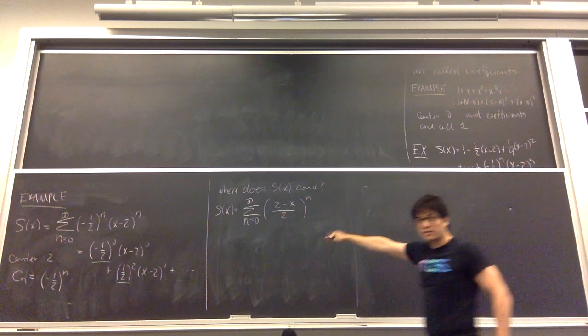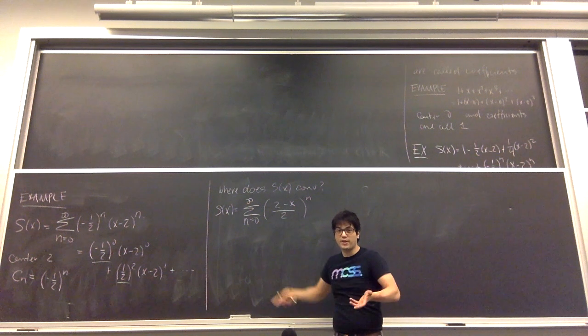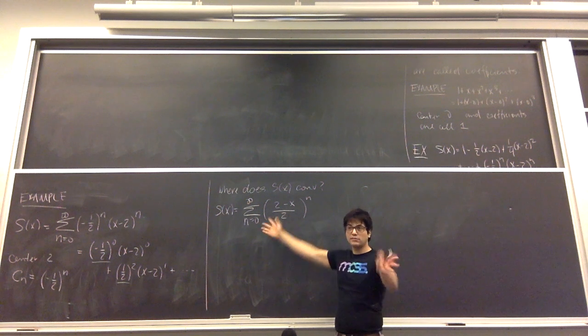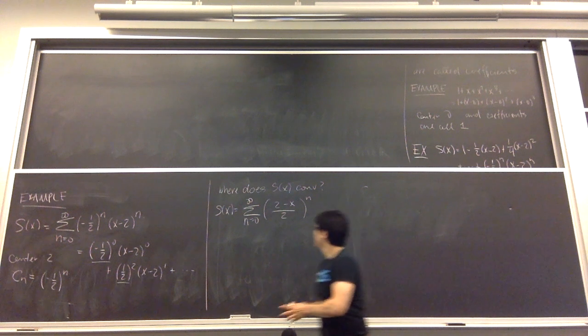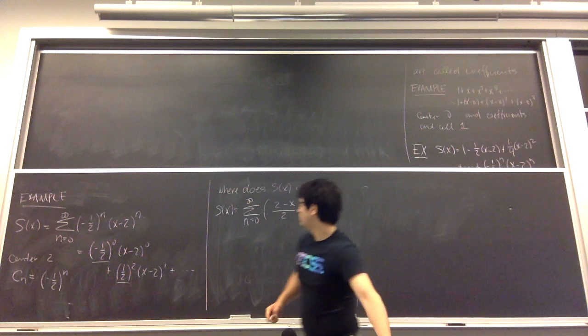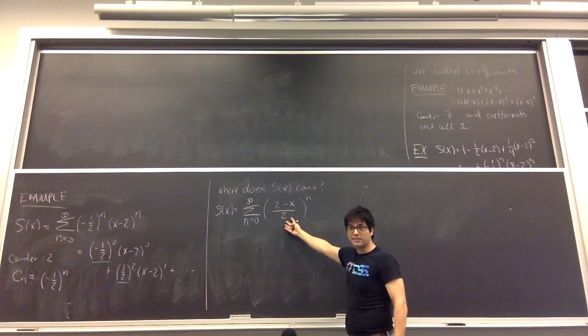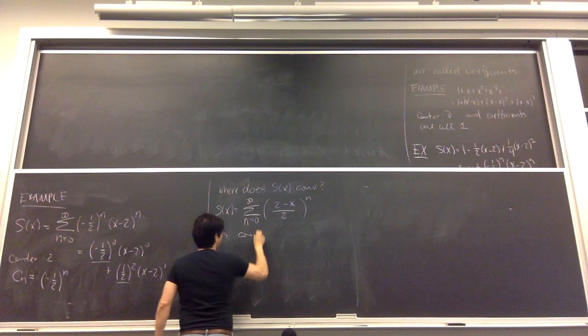Yeah, because this looks like a geometric sum. If I were to put x in here, this becomes geometric. And we know for geometric sums that as long as the thing inside here is a proper fraction, we're off to the races. It'll be convergent. So we need here... X has to be smaller than 2. Well, no, it's what she said. The absolute value of this has to be less than 1. That's the condition. Right? So this is convergent